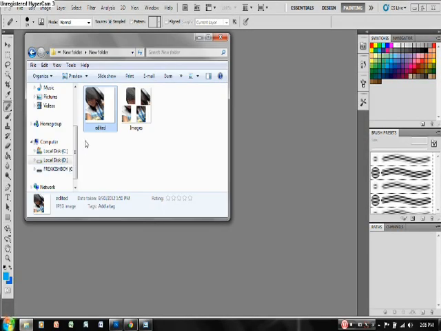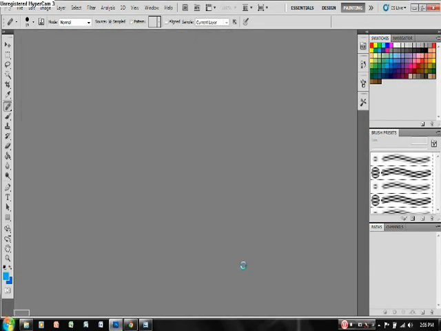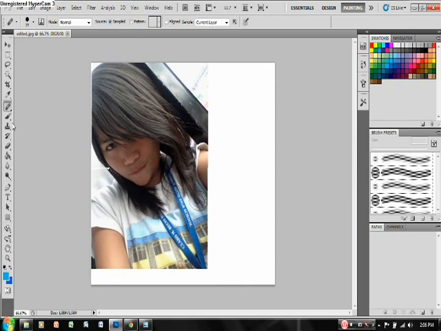Okay, open again in Photoshop the edited picture. Let us select the healing brush tool, then select the same portion here: hold Alt, then click, release Alt, then click here, see.